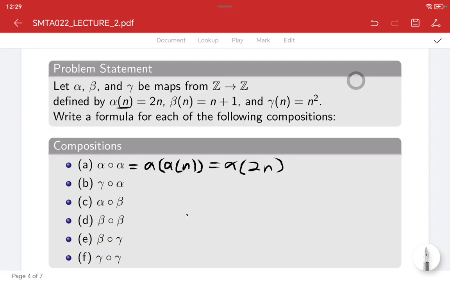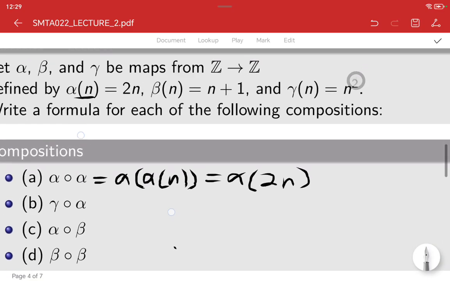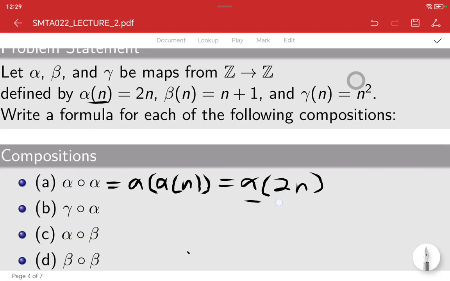So, in other words, according to the binary operation, whatever is inside here would be plugged in where we see n. You see now n is replaced by 2n. We agree right now? So it means that this will be equal to